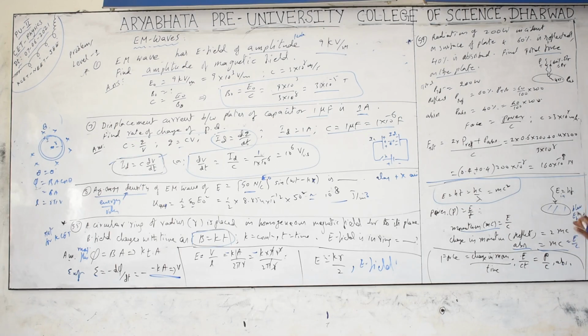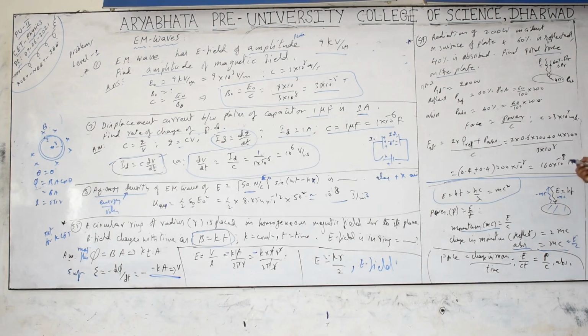But if they give you a perfect reflector, a mirror, where light is falling and everything is coming back, then the final momentum equals the initial momentum. What about the change in momentum? Not 0, don't take 0. Whenever vector quantities are reversed, or any physical quantity having arrow marks indicating direction is reversed, don't take 0 as the difference. Final minus initial: final is in the opposite direction, minus mc, and initially it is mc. The difference, final minus initial, becomes minus 2mc. Minus 2mc is the momentum change of these photons, the light.